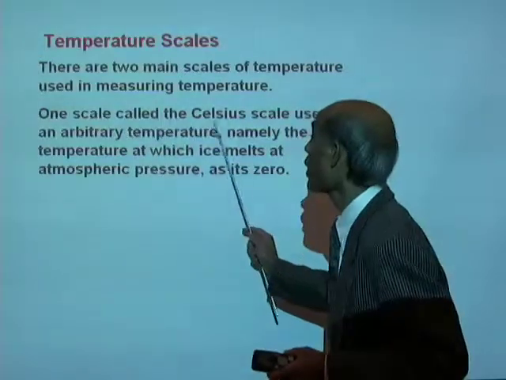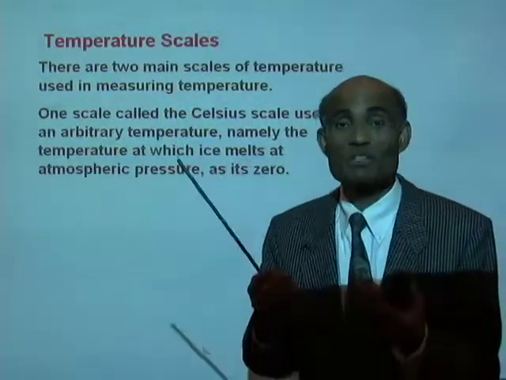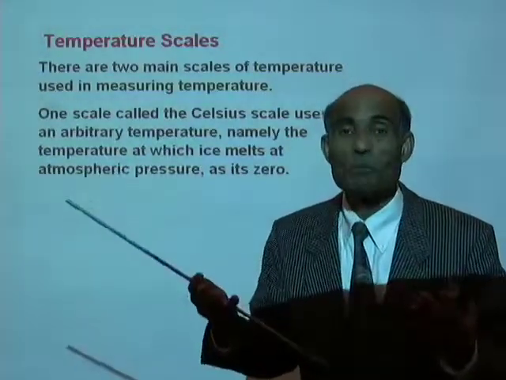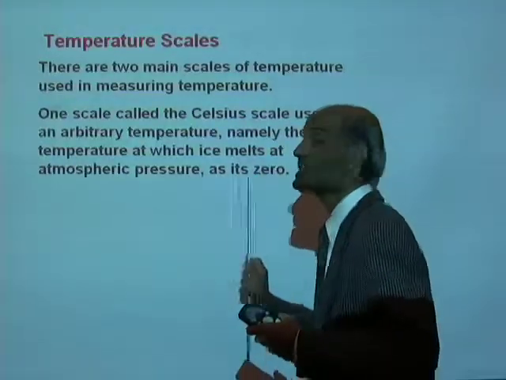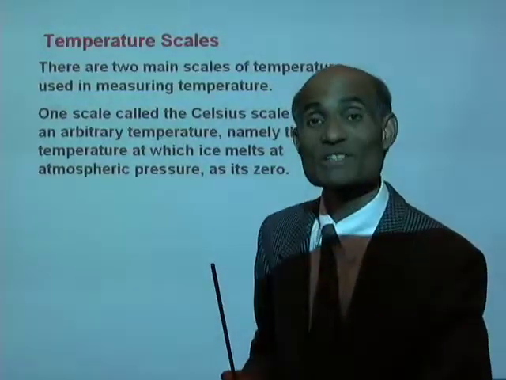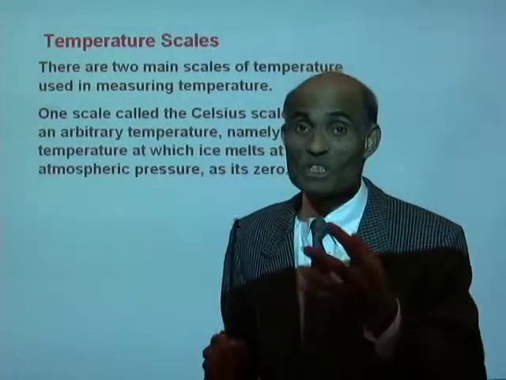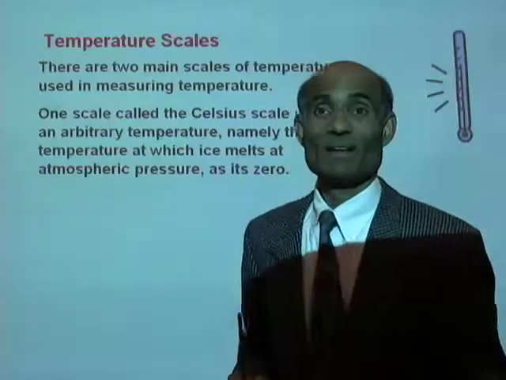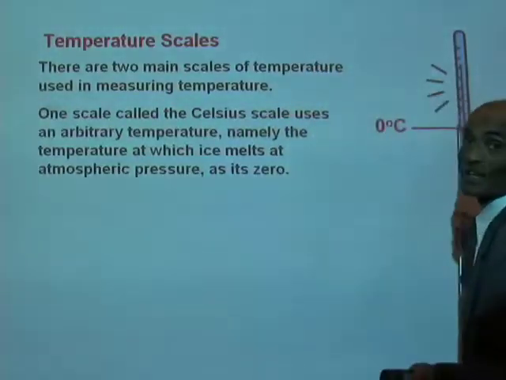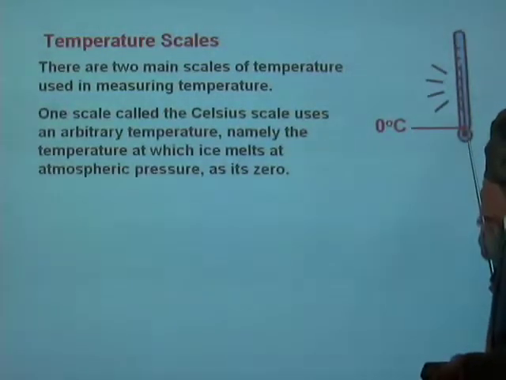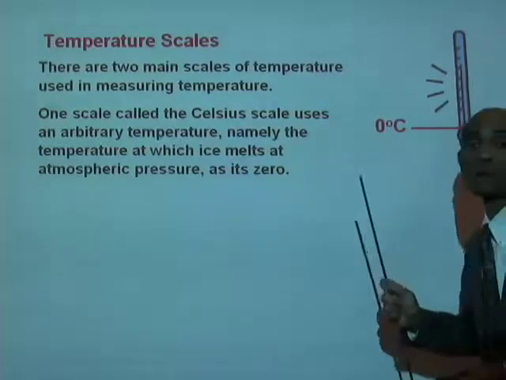On one scale, called the Celsius scale, the arbitrary temperature, namely the temperature at which ice melts at atmospheric pressure, is chosen as its zero. On the Celsius scale, 0 degrees Celsius is the temperature at which ice melts. Now, 0 degrees Celsius corresponds to the level of mercury or level of alcohol when the bulb is surrounded by